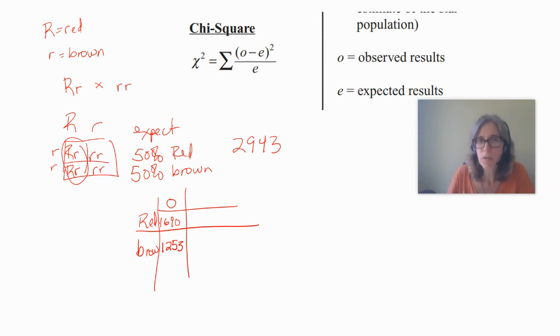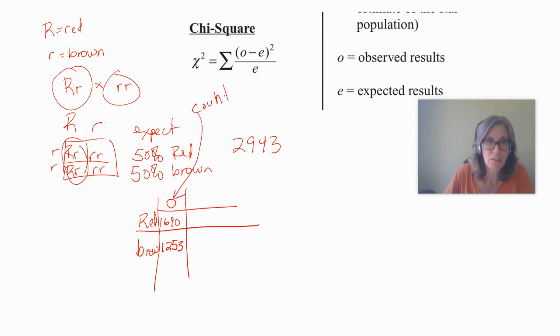Okay, so when I do the cross between this one, and I do that cross a bunch of times, and I count up all the babies, this is what I get. So the observed is actually what I count, right? My expected is the theoretical. So if I have 2,943 of those times 0.5, I'm going to get